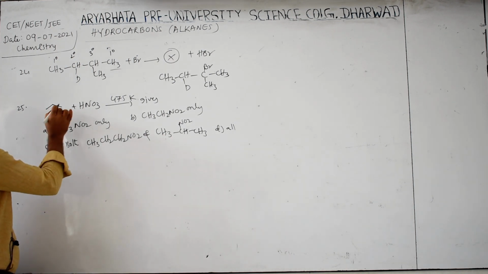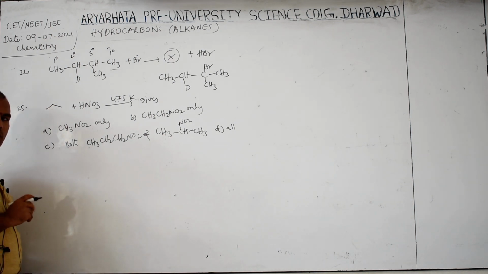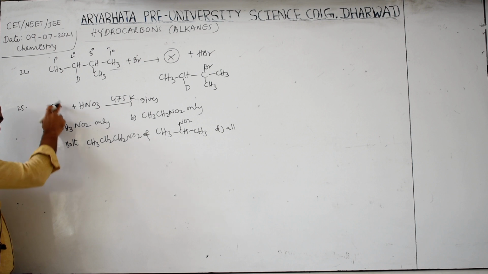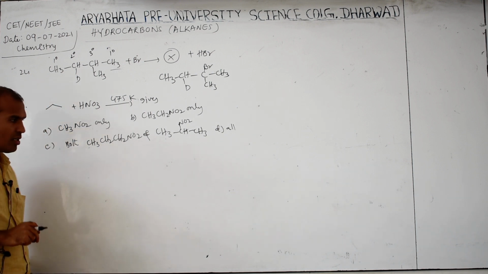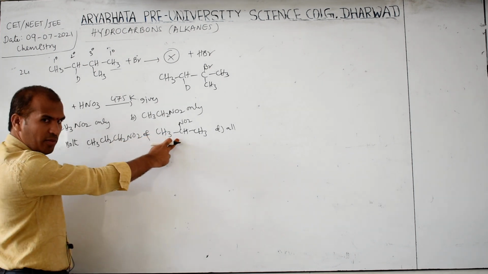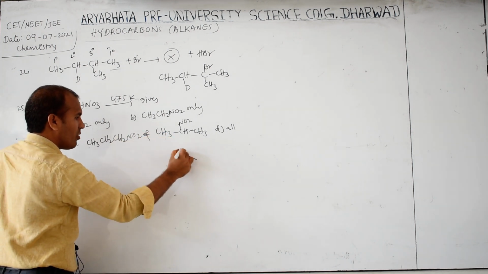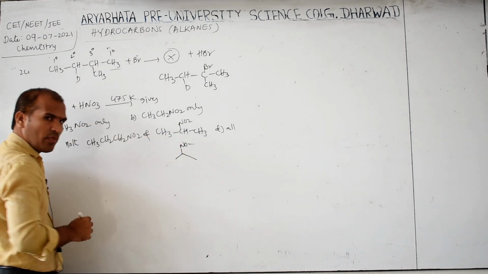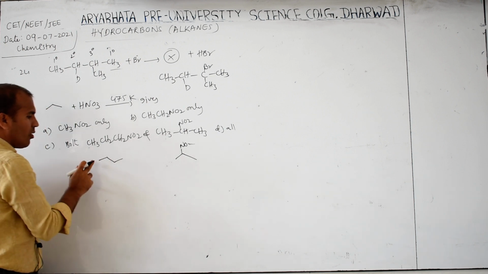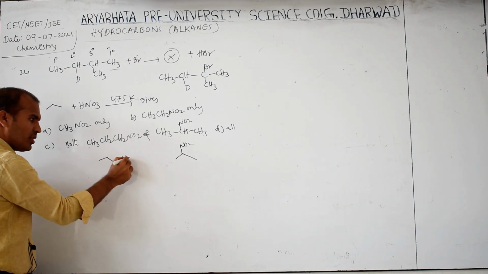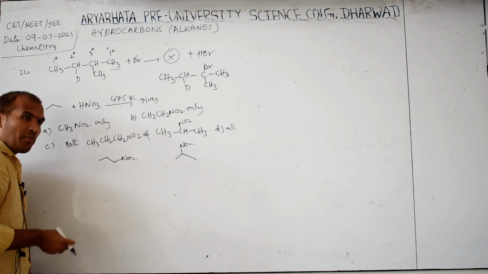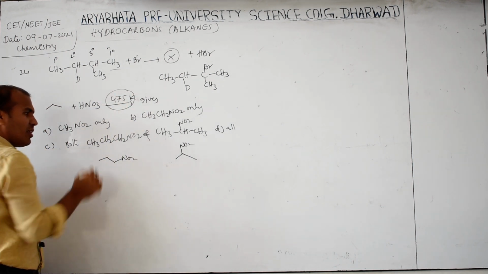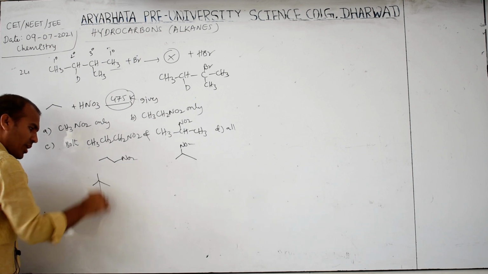See, actually how many types of carbons are there here? This is primary, this is secondary. So generally which is major? Secondary is major. Therefore this is formed, 1, 2, 3 carbon, this is N-propyl. So both are possible, but at high temperature, that time this molecule breaks.